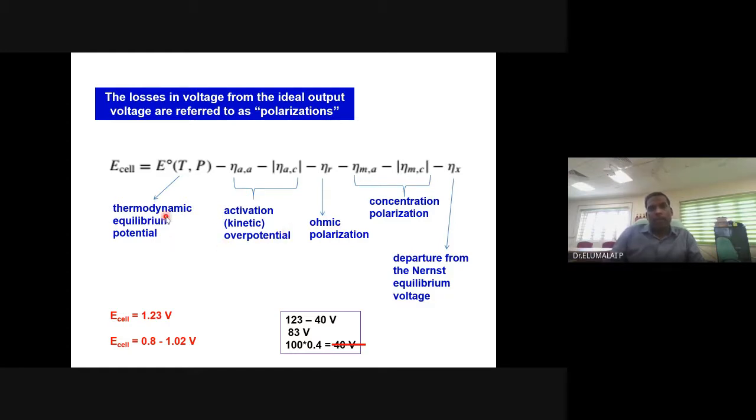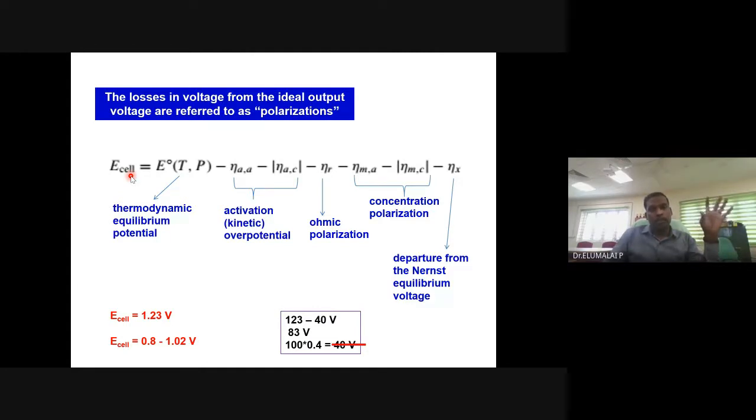What is the thermodynamic loss? You can know by using the voltage efficiency. What is the loss due to departure from the Nernst equation? You can know from the overpotential that you can obtain from the Nernst equation. Okay, so likewise it is quantifiable. With all these losses only, you will be able to read the fuel cell voltage for a single fuel cell practically somewhere between 0.6 to 1 voltage. If you are getting 0.8, that is very good. If you are getting 1 voltage for a single fuel cell, that is an excellent fuel cell.